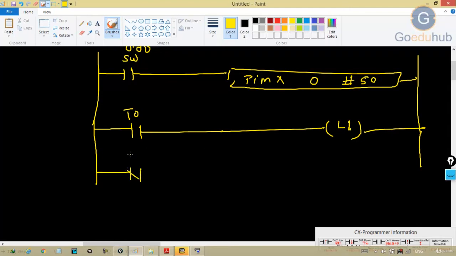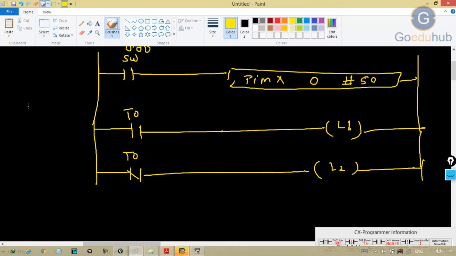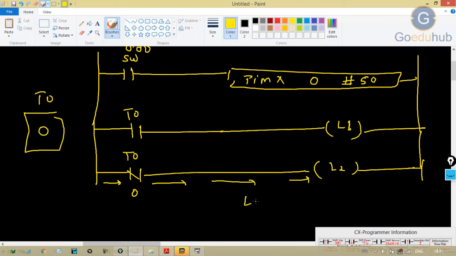Now if I provide NC contact here of T node and I give L2 here. Let's first discuss. When SW is disabled or supply is not reaching the timer X, T0 value will be 0 and 0 will come here, so supply will be passed and L2 will glow.